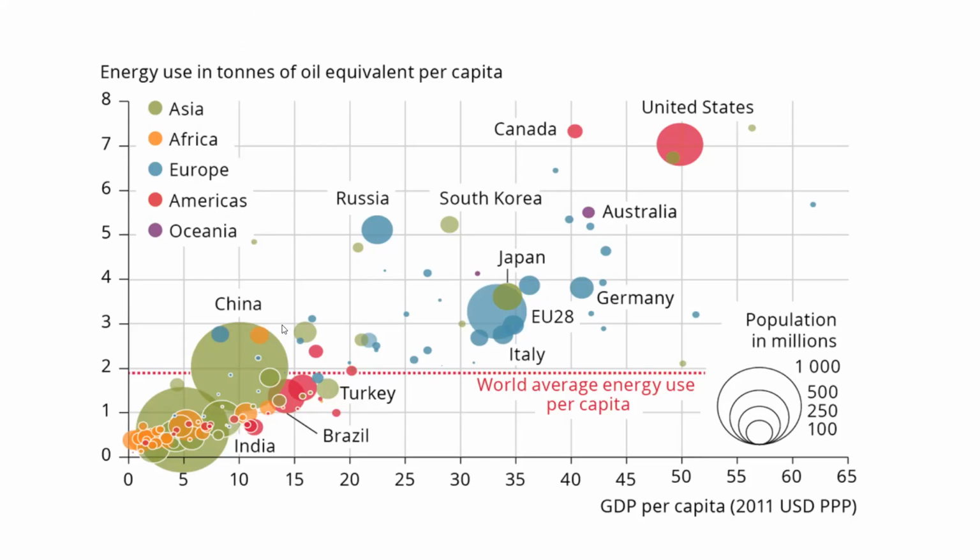And that's what we're just seeing here. So in this graph, it looks pretty confusing because we've got a whole bunch of stuff going on. On the y-axis, so going vertically, we've got the energy use in tons of oil. So this isn't necessarily how much oil is being used in these countries, but if all of the energy used in those countries was provided by oil, this is what we would kind of see.